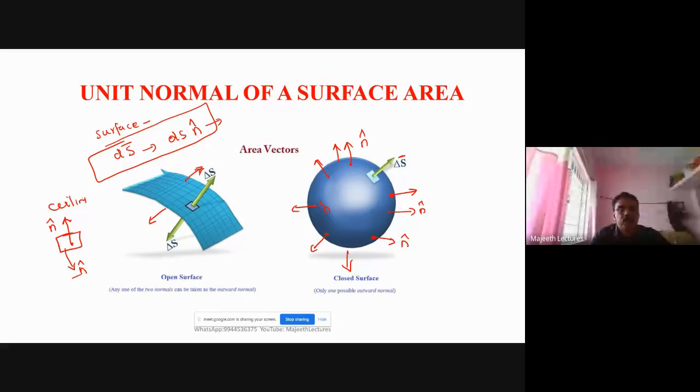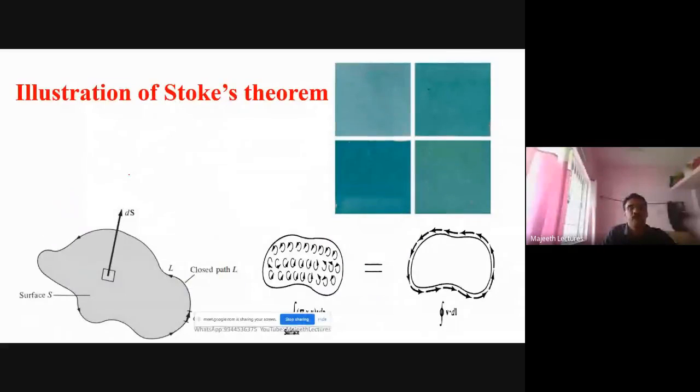Okay. So here you see Stokes theorem. I told you Stokes theorem relates a surface and a closed line. First, you must remember this. How it relates a surface and a closed line, I don't derive, I just give the concept. Let us assume the area of this tile is 1 by 1, this tile is 1 by 1, this tile is 1 by 1, this tile is 1 by 1. What is the total area? 4. Because this is 1, this is 1, 2, this is 1, 2. It is a square, so 2 by 2 is 4. That is what this one is.